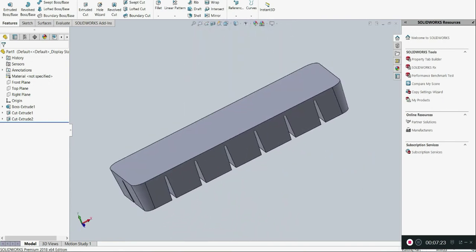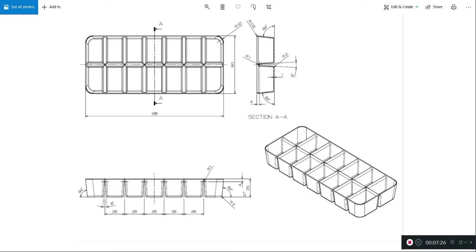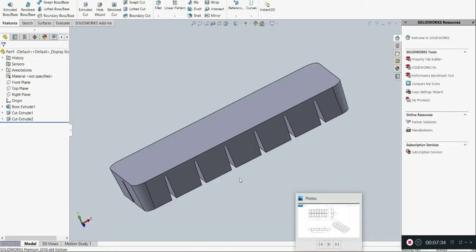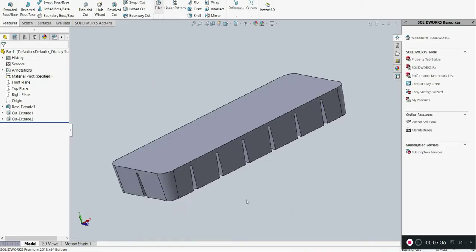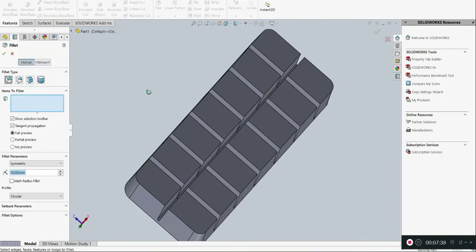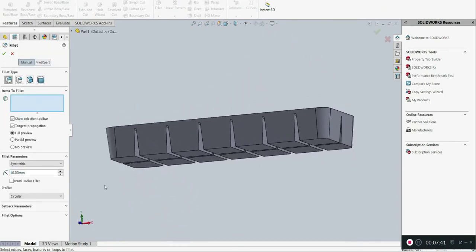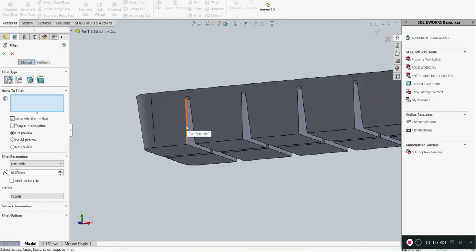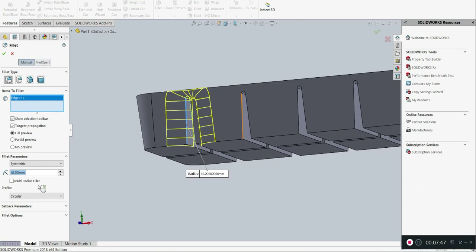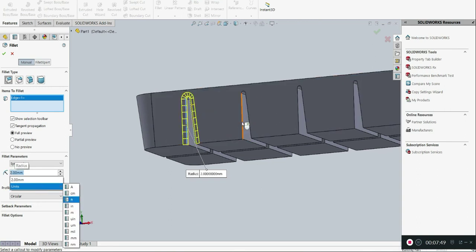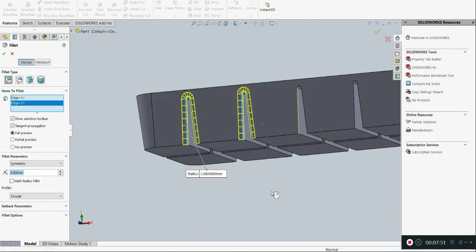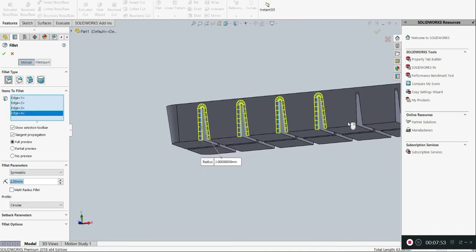Then the next step is to create fillets on all the sides. The fillet radius will be 2 mm. So I will select the fillet option. Always remember to create fillets on a vertical edge. So I will select this edge and select a radius of 2 mm, and select this edge, again select this edge, again select this edge,